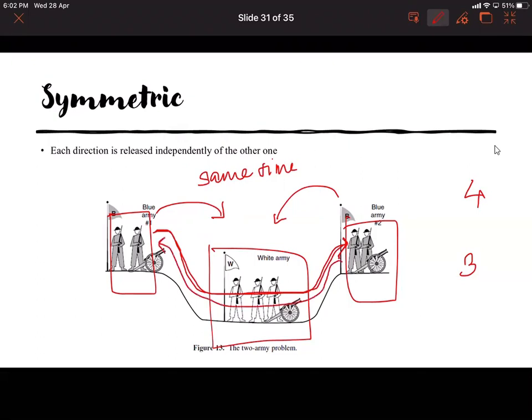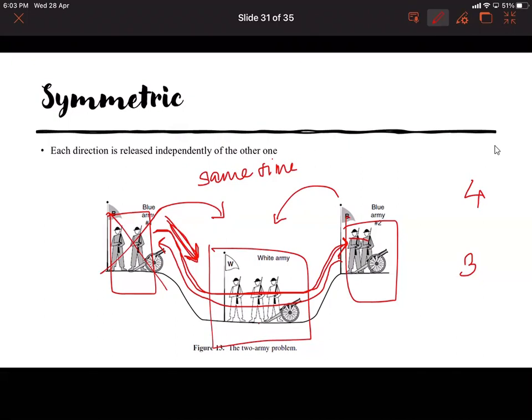If blue army 1 decides to attack based on the message and the message is fake, then they will get captured by the white army, because individually neither of the two parties of the blue army is sufficient to defeat the white army. So both parties cannot coordinate based on a message which is passed through an unreliable channel.